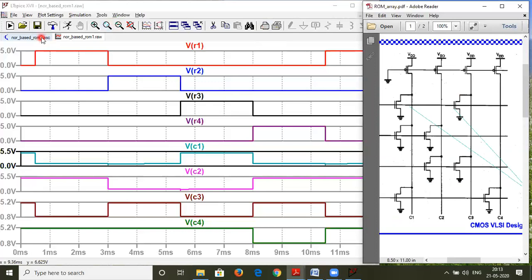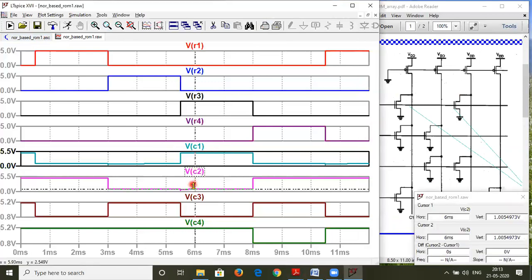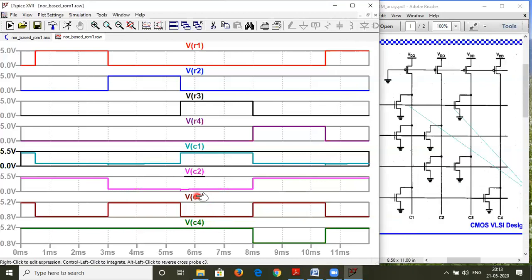Only thing is here there is one limitation that the output over here you can check it for C3 also, C2 also. So C2 also, the logic 0 amplitude is around 1 because the PMOS doesn't pass logic 0 properly, and upper logic 1 it passes perfectly. Let us check for C3 also.